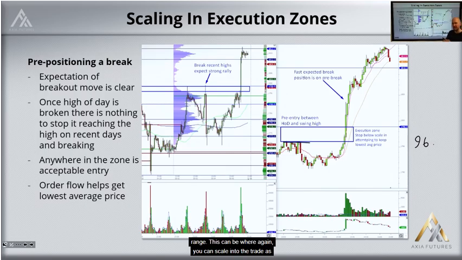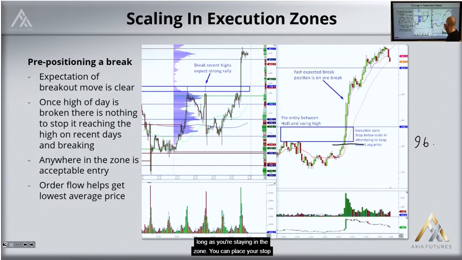This can be where, again, you can scale into the trade. As you get into this zone, this confirms the possibility of a breakout. As such, if you have continued volume building, if you have delta start rising in this zone, you now can start to add to your position. Build your position up here as you get more and more information that confirms you're right. It may well be that if you move into this zone and just dribble up, there's not a trade and you don't have to take it on. But if you get the right type of order flow, the right type of action once there, you can then scale your position in, build that position up. And as long as